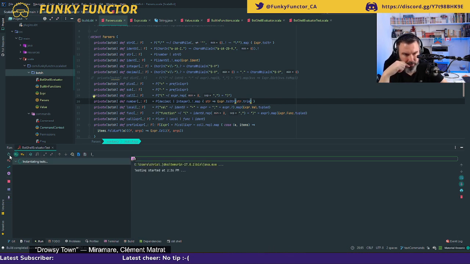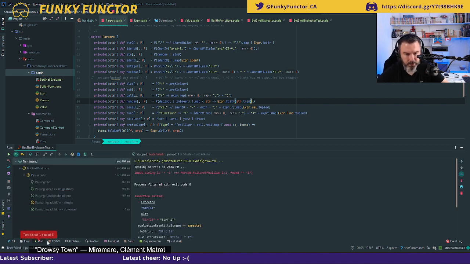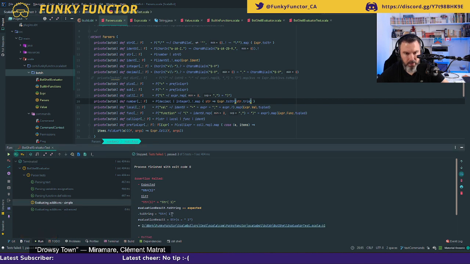So everything compiles. That's a good sign. And it still doesn't work. Okay, so here that still gives me a space 1. Why does it give me a space 1 when it should be giving me something else?